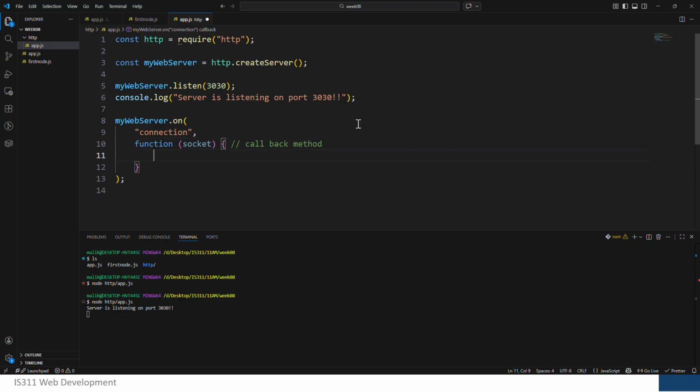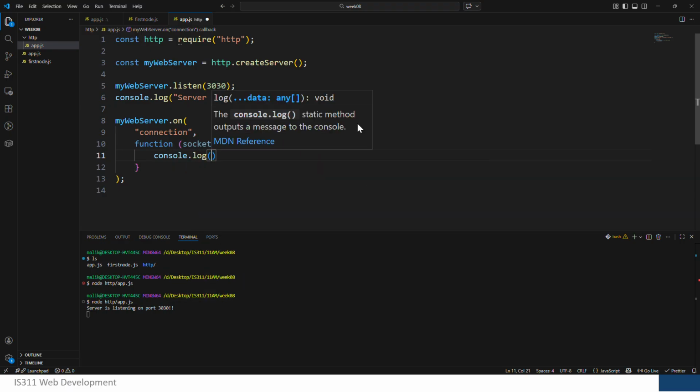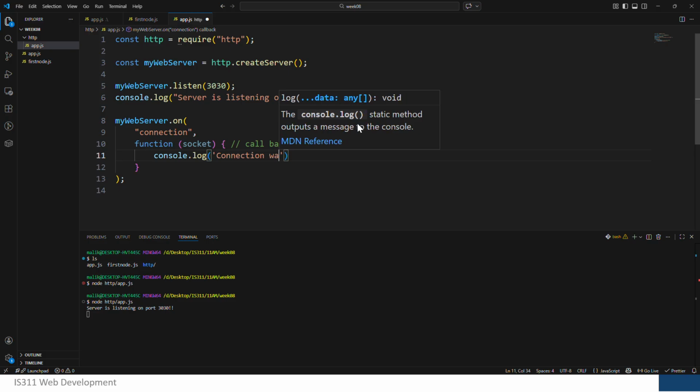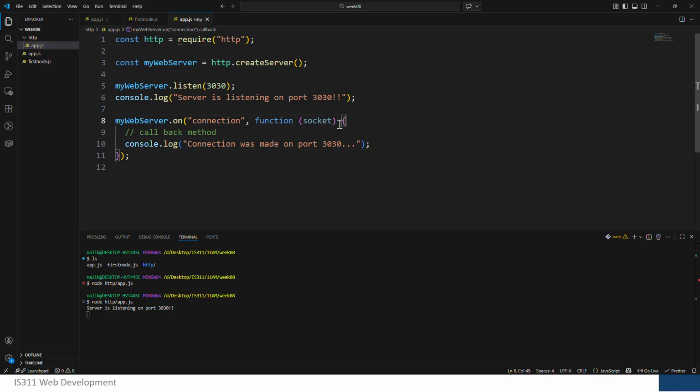So here, we want to do a console.log, and inside the console.log we are going to say that connection was made on port 3030. Okay, so I just do that. So now we have this function. Either we write this function like this,